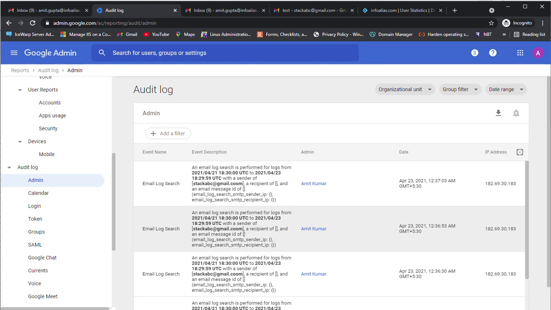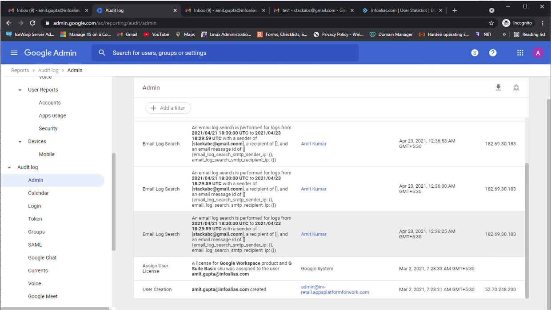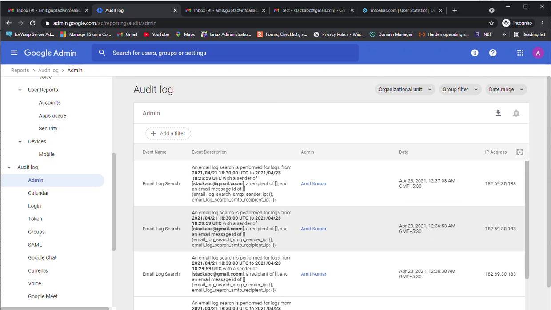So in the admin audit log here, you can see if a user has changed the licenses of any accounts. So this information can also be extracted through the audit log of admin account, I mean the admin part of audit log.